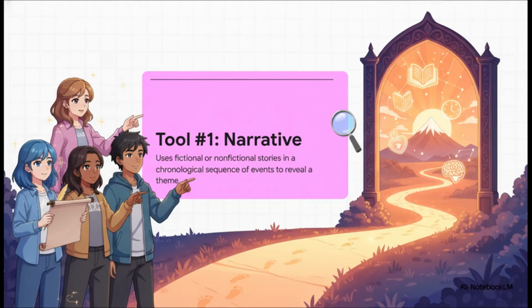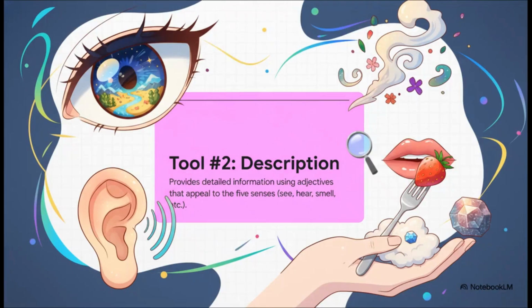All right. First step in our toolkit is the narrative. This is our storytelling tool. Think about a really compelling personal essay, or even that little story at the beginning of a news article. It pulls the reader into a journey to reveal a bigger idea and connect on a more emotional level. Then we've got description. This tool is all about painting a picture with words. It's how a food critic makes you almost taste a dish, or how a travel writer makes you feel the sun on your skin. By hitting on the five senses, it makes an abstract idea feel totally real.